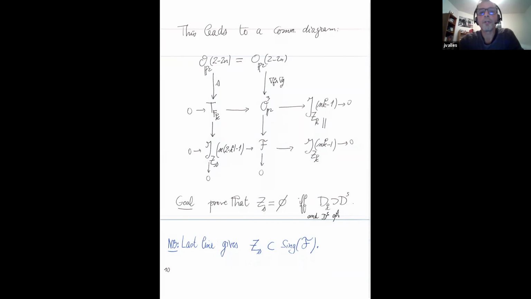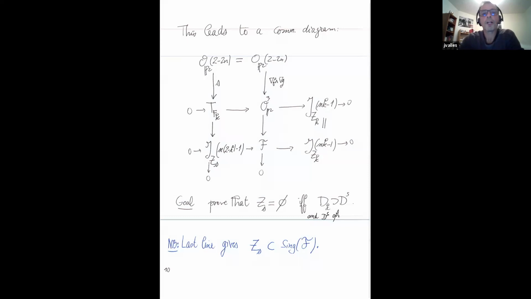or the F, big F, is a rank 2 sheaf singular along the points where nabla F wedge nabla G vanishes. And so you see that F appears in the middle of the Jacobian ideal and the ideal of the vanishing locus of your section induced by this CZG. So the goal is to show that this zeta S will be empty if and only if D_k contains all the singular members, and moreover, D_S has only quasi-homogeneous singularities.